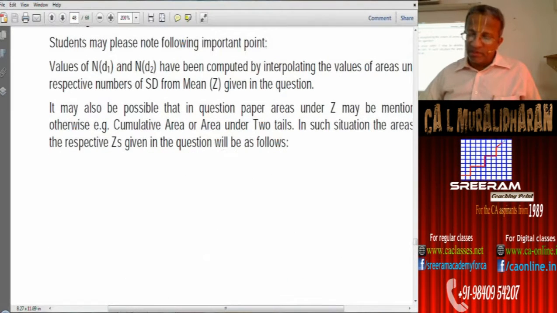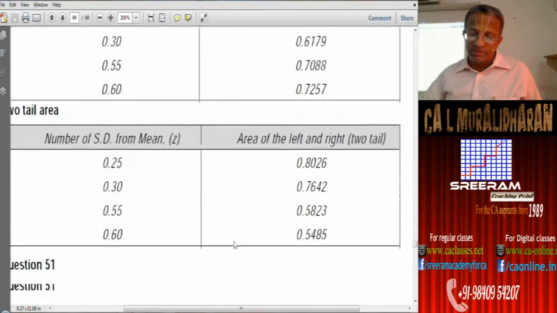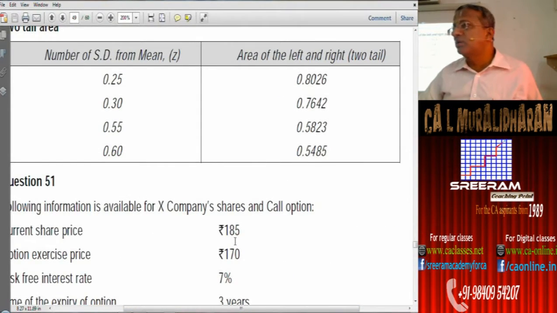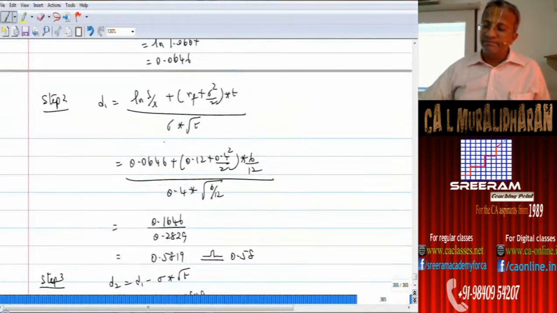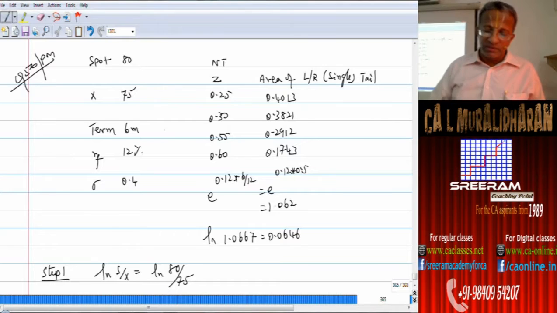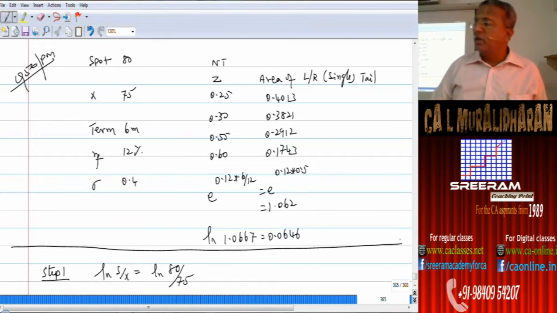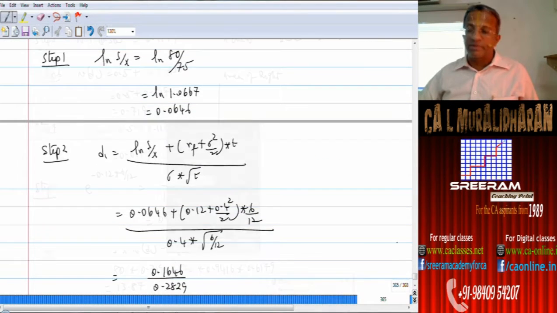So they have explained what is this cumulative area, two tails, and went on to explain all this. But now you are alerted of this. So mark this one as very important. Are you clear? Right. From here, of course, this being the input, you are already having it in the practice manual. So start copying from here.